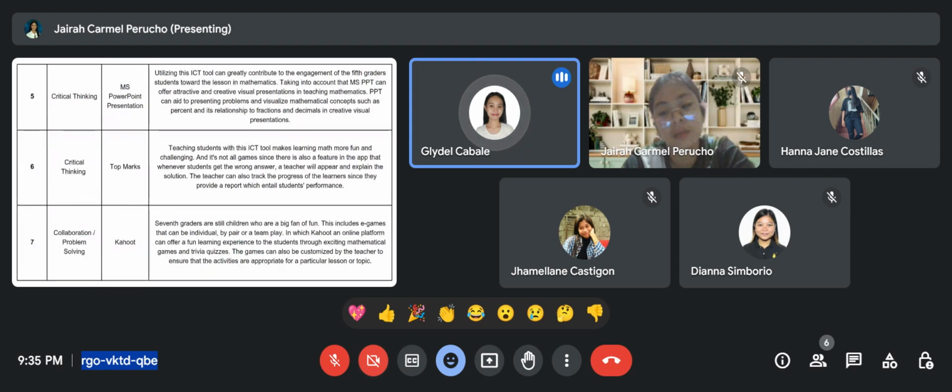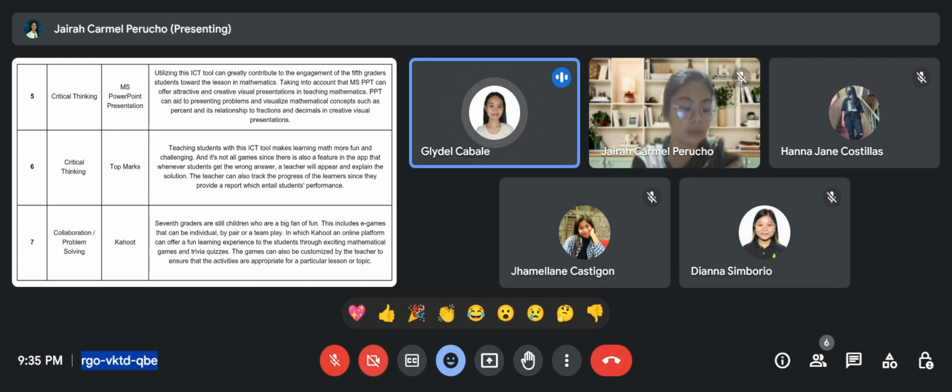So seventh graders are still children who are a big fan of fun. So this includes e-games that can be individual, by pair, or a team play, in which Kahoot, an online platform, can offer a fun learning experience to the students through exciting mathematical games and trivia quizzes. The games can also be customized by the teachers to ensure that the activities are appropriate for a particular